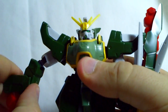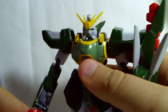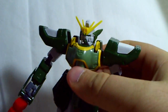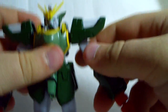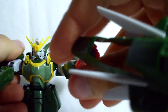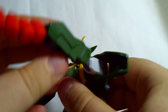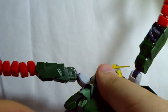I really, really like this kit. When I first started collecting the 1:100 scale Endless Waltz model kits, Heavy Arms Custom was probably my favorite, but now I think it's Nataku. This is a really, really nice high grade. And the dragon fangs actually hold up pretty well. I mean, they're not gonna hold a lot of really extreme poses, but